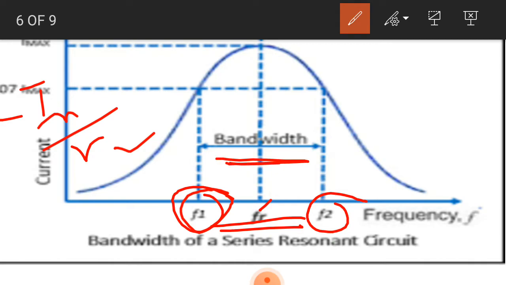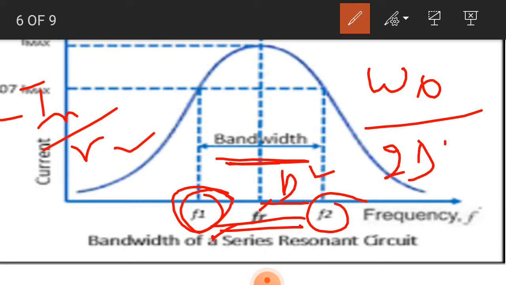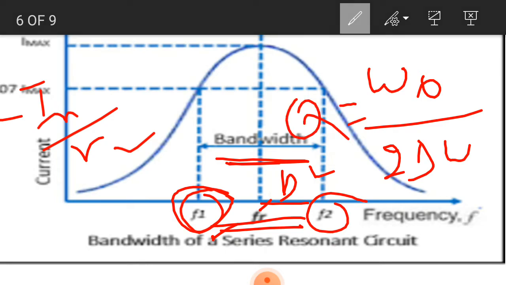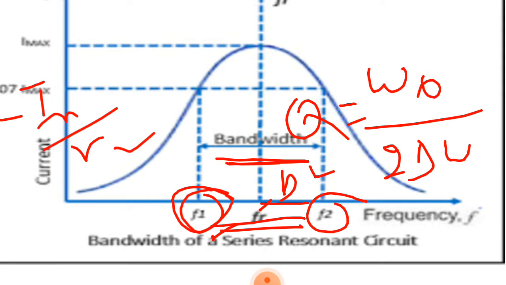So if we calculate the resonant frequency omega r with this bandwidth, so if we take the del omega, it is del omega, you can write 2 del omega, or bandwidth, we will call it quality factor. So you see, if bandwidth is less, then quality factor is more. It means the bandwidth and resonant frequency give you the quality factor.